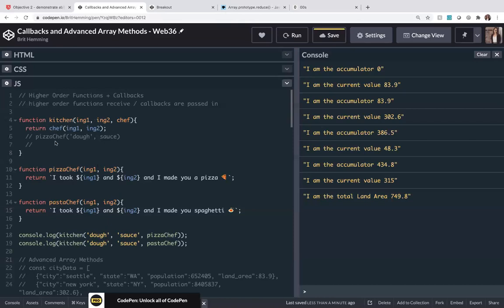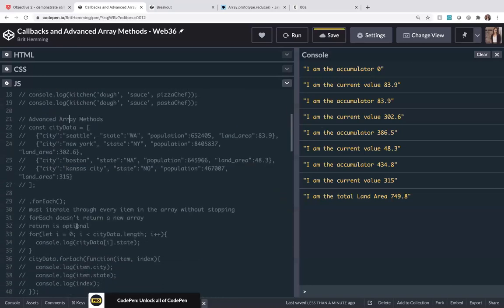So basically, we're just subbing wherever that parameter name appears in the function, we're subbing in our argument for it. So this would be pasta, chef, dough, sauce. Okay. In the case of the array methods, which are higher order functions by definition, because they are receiving a